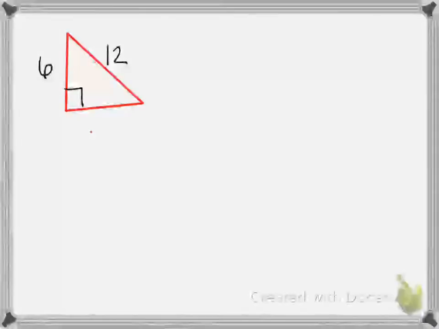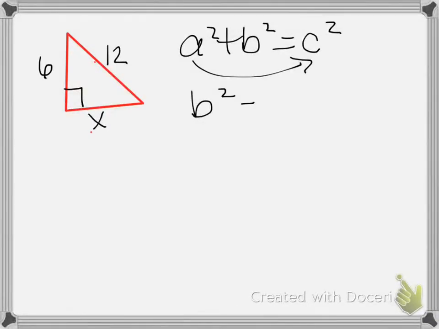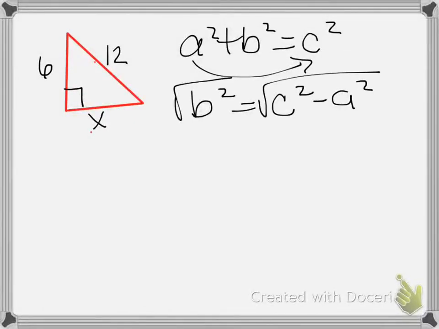So they're going to give you a triangle of some sort and ask you to find the missing side. So let's say that this is 6 and this is 12 and then this is x here. So we see that this is the missing side. Notice that it is the missing side that makes the 90 degrees, so it's one of your legs. So we know that if you have this, then a squared plus b squared equals c squared. Well, we know from previous work you're going to have to subtract. So b squared actually gets c squared minus a squared,